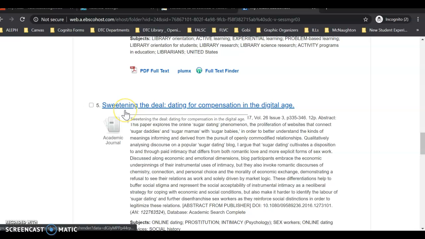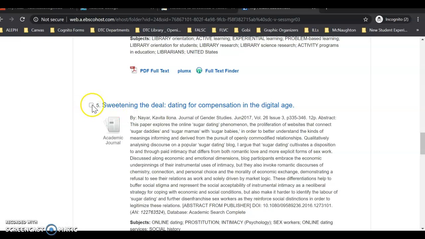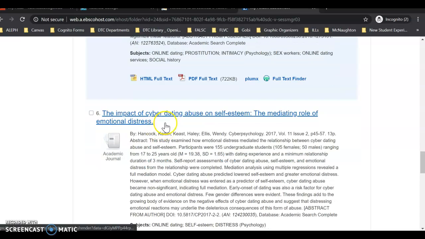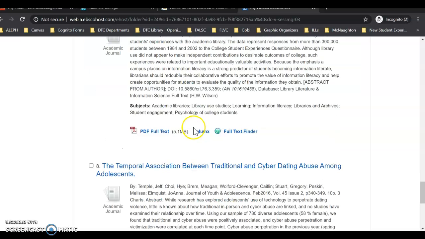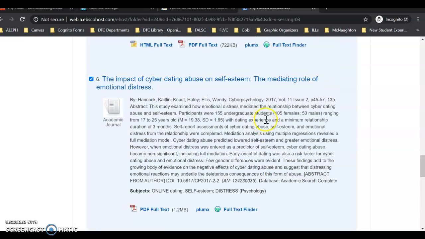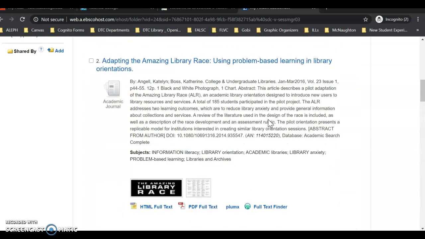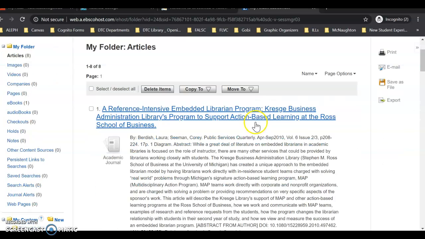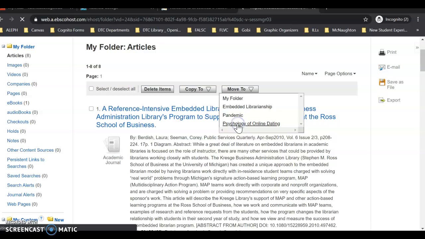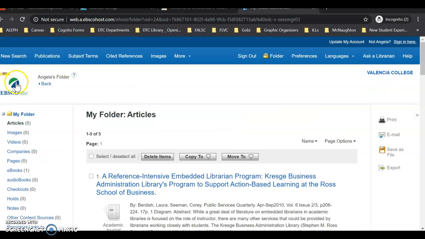So there's our article, Sweetening the Deal, Dating for Compensation in the Digital Age. So when I click that one, here's another one that I saved about online dating. And here is my last article that I clicked on regarding online dating. So what I want to do is move all of these articles to the proper folder. I simply click on Move To, select my folder, Psychology of Online Dating, and when I go back to the